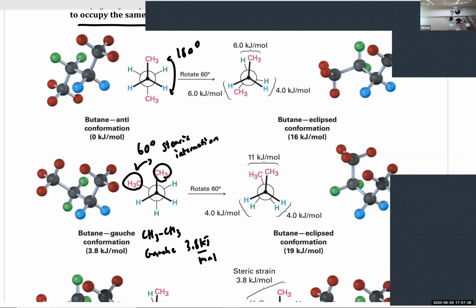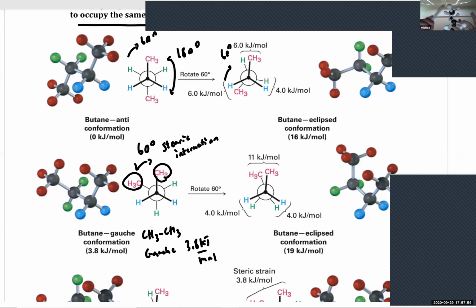Okay, now let's look at our second eclipsed conformation. Let's rotate another 60 degrees. We've been rotating clockwise 60 degrees each time. And if we rotate another 60 degrees, we end up with a very high energy conformation, because what is happening